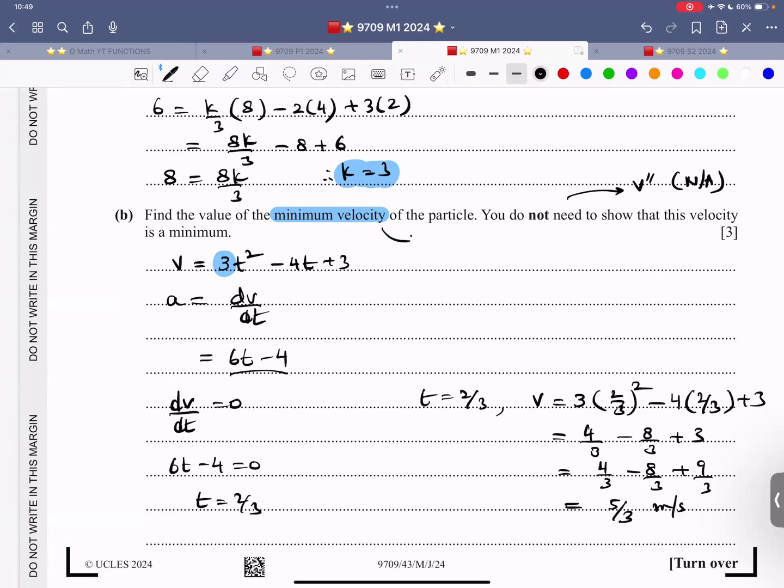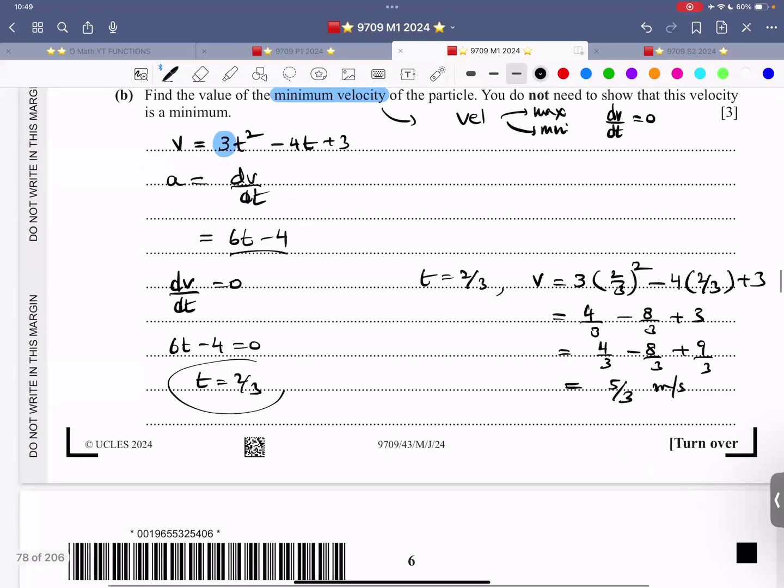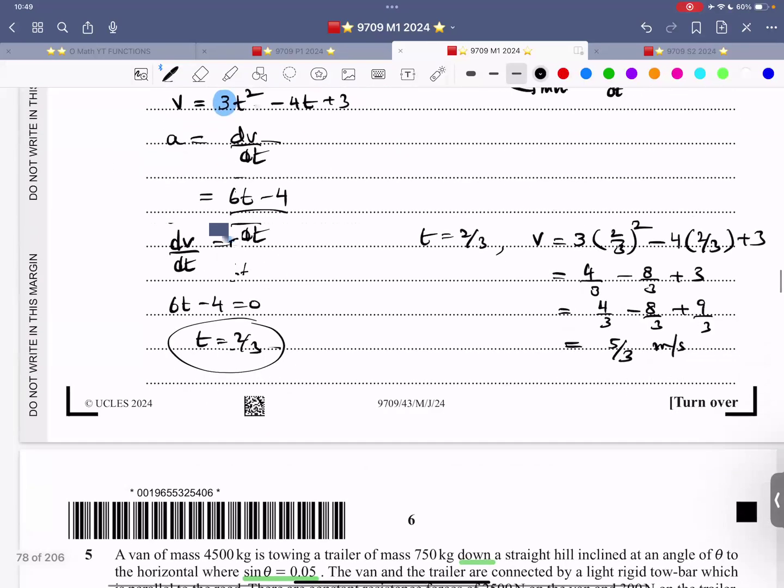Whenever you have to find the turning point of any quantity, take the derivative of that thing. If they are talking about velocity and they're talking about max or min, then dv by dt should equal 0. So dv by dt equals 0, t comes out to be 2/3. What are we looking for? We are looking for the minimum velocity. So now let's plug in t equals 2/3 in this equation, simple calculation, and then we get this